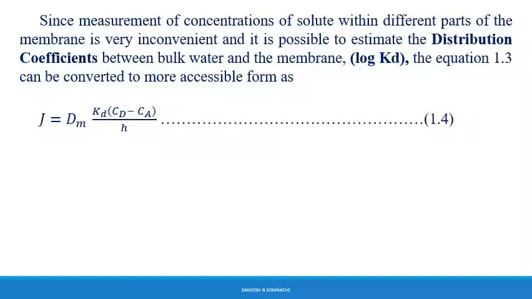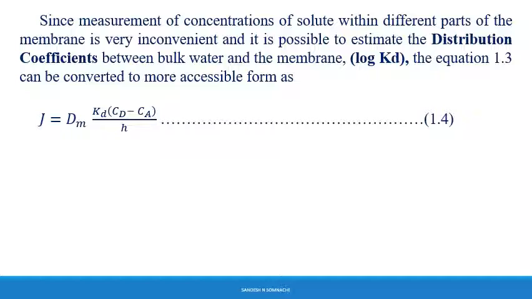Now, since the measurement of concentration of solute within different parts of the membrane is difficult, we can estimate the distribution coefficient between bulk water and the membrane, which we denote as log Kd. So the previous equation 1.3 we can rewrite in a more accessible form as J is equal to Dm Kd in brackets Cd minus Ca upon h,